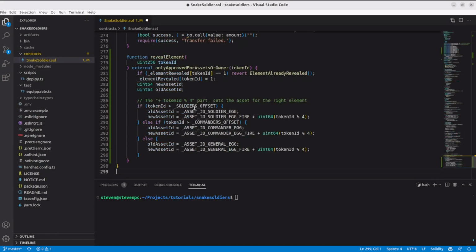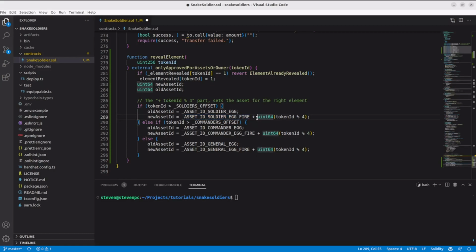So I could have a 12 branch if here to check for each of the combinations, but since they are one after the other, I can just check for the first one. So I will be sure that if I'm after the soldier's offset, which only soldiers can be here, only the ID of the token soldiers can be here, the old asset, it's a soldier egg, the unrevealed version. And the new asset will be starting by the egg of fire.